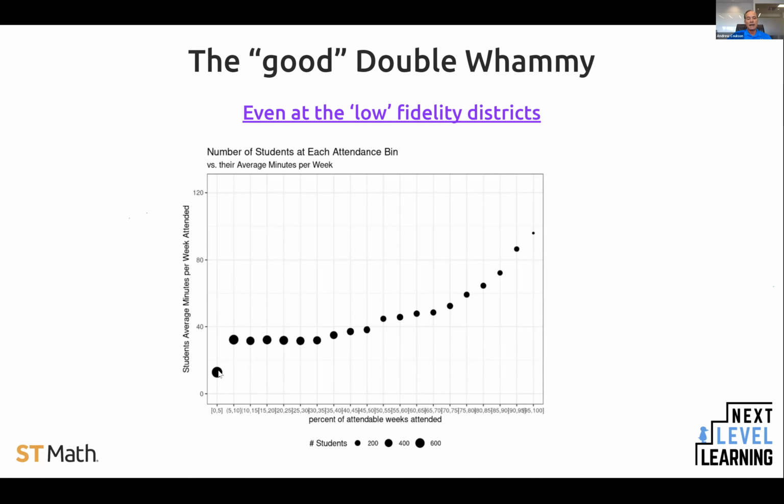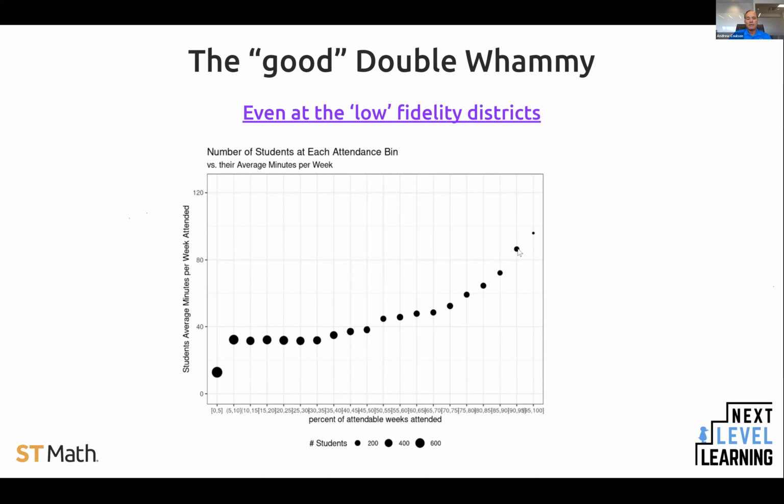Tragically, the biggest bubble is at one and done, where they logged in once and then the rest of the year they didn't log in, probably because that's what has to happen to get you into this 5% or less attendance. So this is a low fidelity district, pushed off to the left, with lots of kids at low attendance. You can see that with the size of the bubble, but you can still see almost the same slope up here: their 95 to 100% kiddos were over 80 minutes,